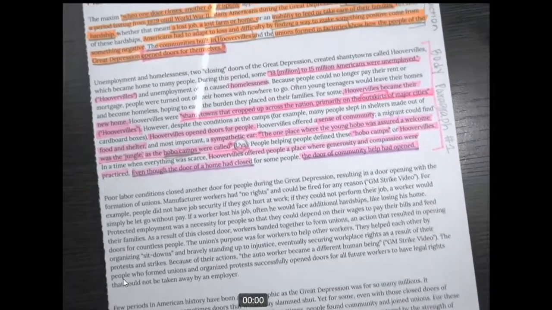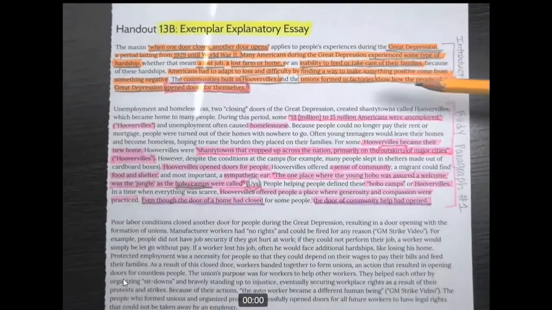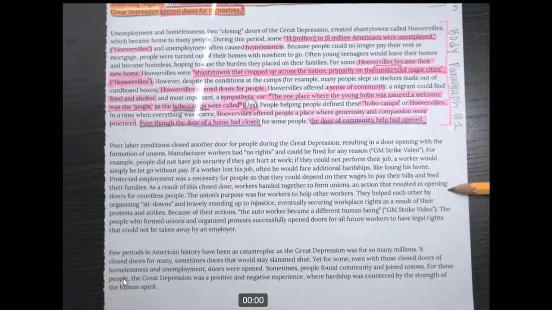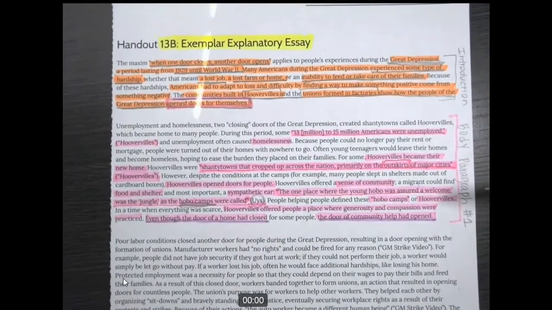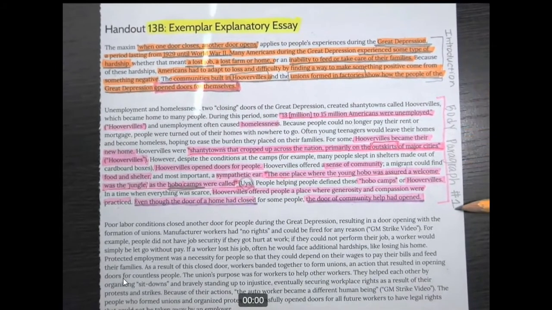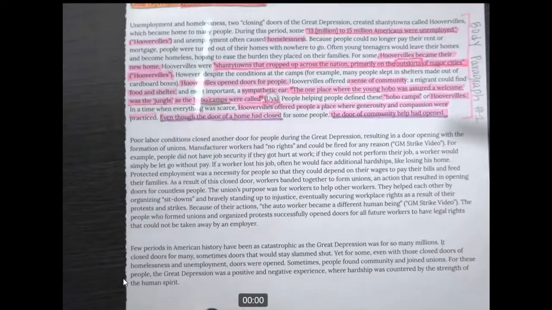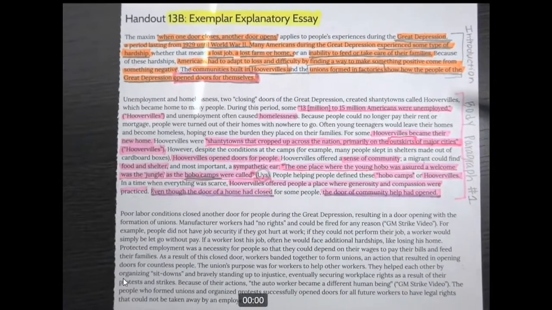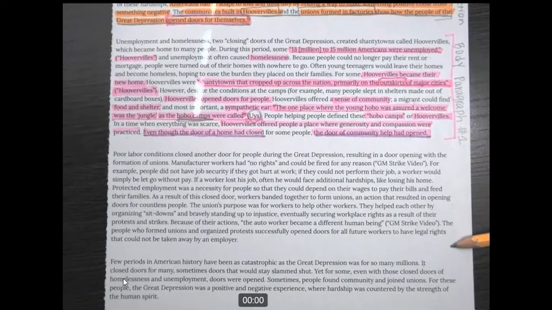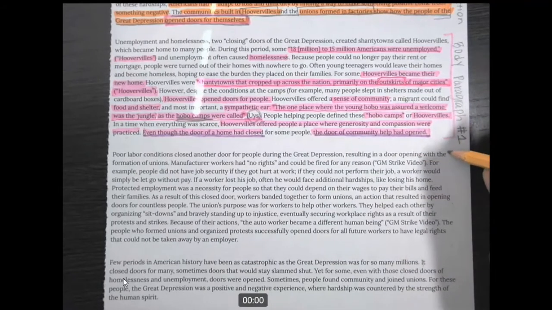So in this exemplar explanatory essay, we're going to notice that we have another body paragraph. It's really awesome because sometimes I'm going to be assigning you where you have to give me an introduction, one body paragraph, and then your conclusion. But in this example, I love how it gives us another body paragraph, because in this body paragraph you can already see that we're going to be getting quotes and evidence from the GM, the General Motors sit-down strike. So let's go ahead and dive into this.